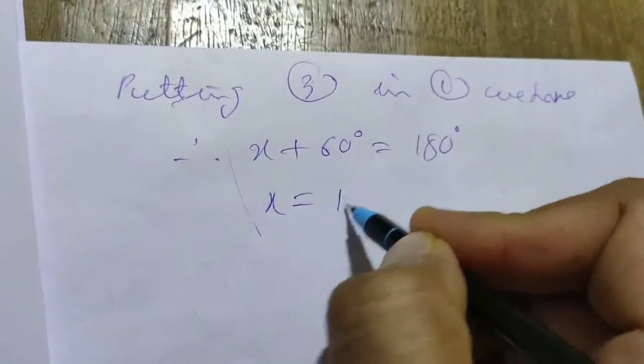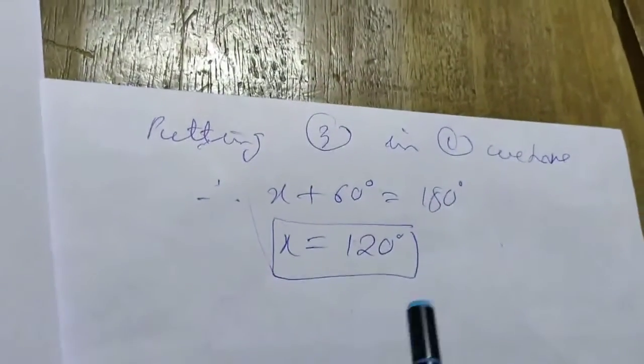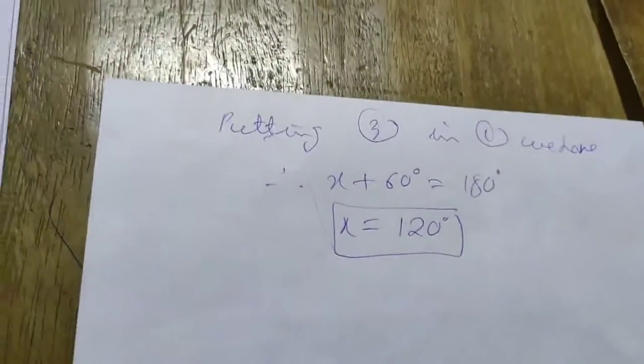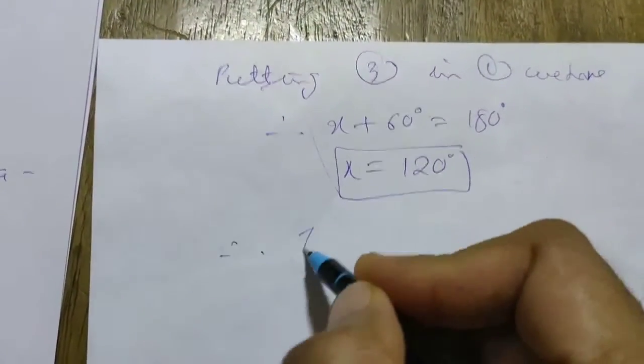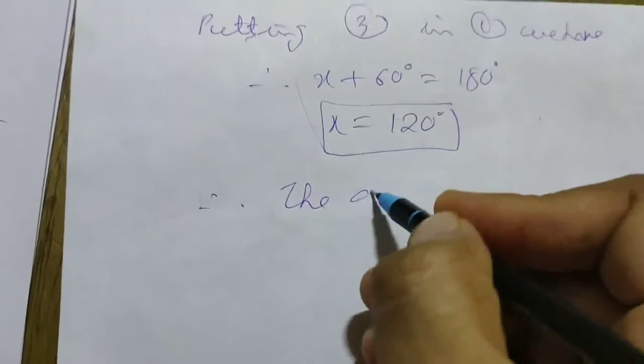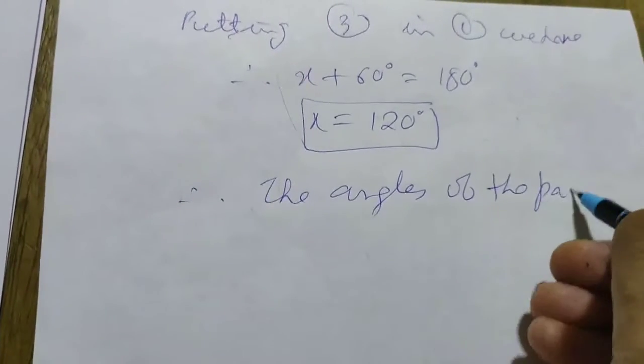180 degree minus 60 degree. So x equal to 120 degree, and this is also an obtuse angle. Therefore, the angles of the parallelogram are